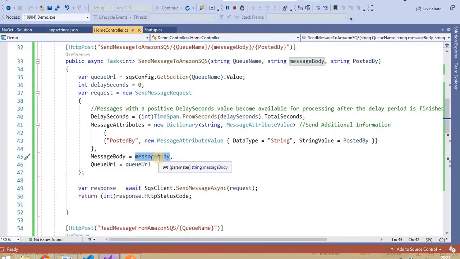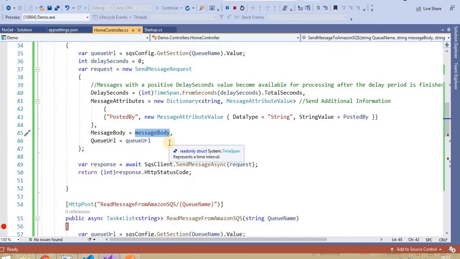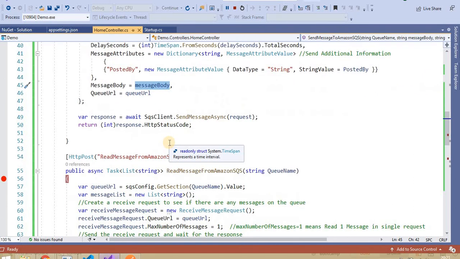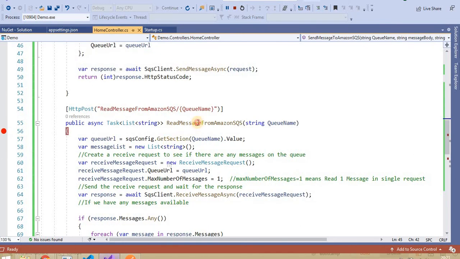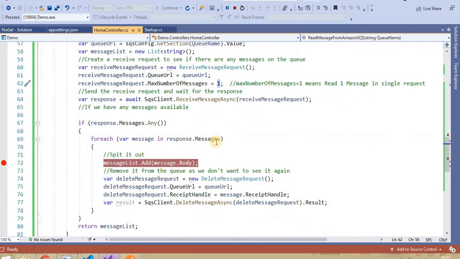This queue will contain the paths of all the videos that get uploaded. Maybe they have different video formats, but then another service will read the messages from that queue one by one, and after reading, it will convert that video to another format, upload it to another bucket, and then delete that message.